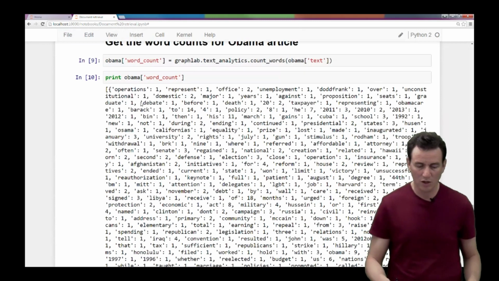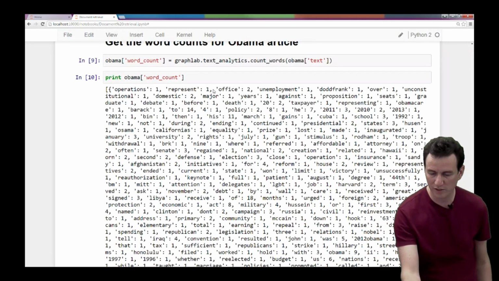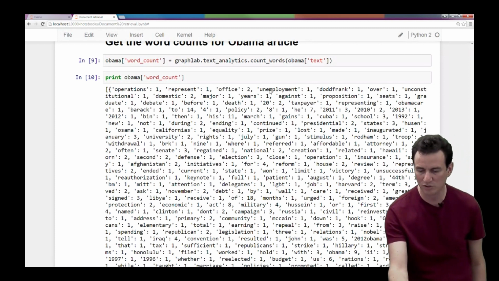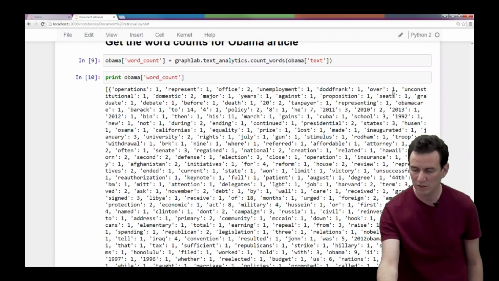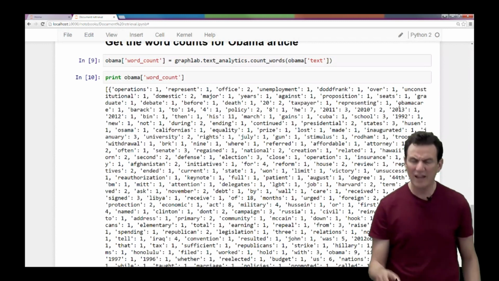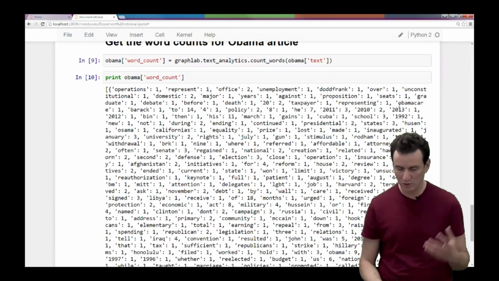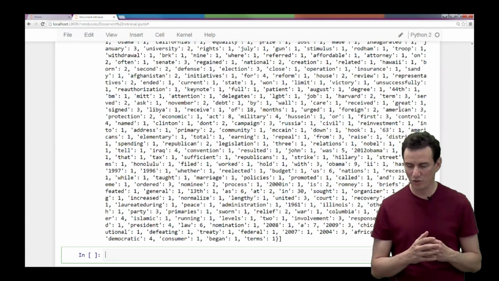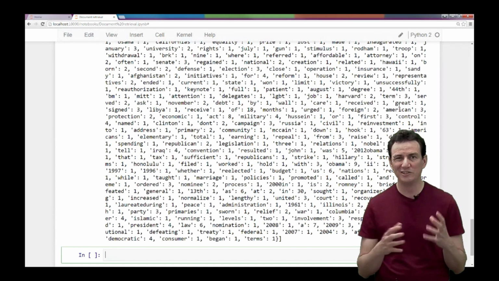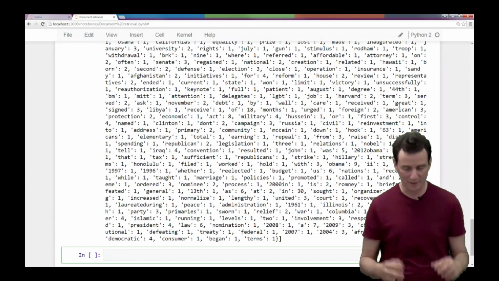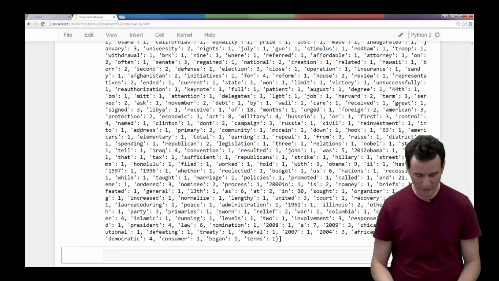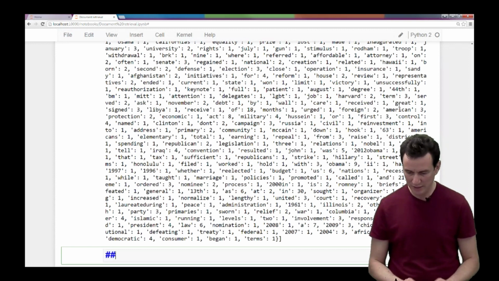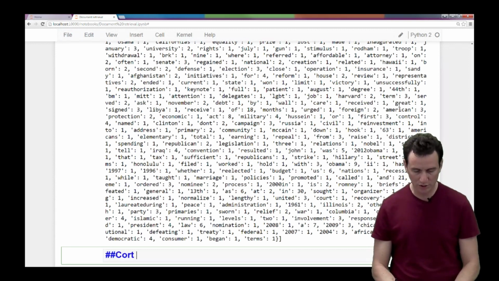And you see that operations appeared once, represent appears 1, office appears 2, unemployed appears 1, and so on for various words. And it's not super intuitive here. So we're going to play with this a little bit. And in the process, I'm going to show you a cute little data engineering trick that might be useful in other areas. So what we're going to do next is sort the word counts